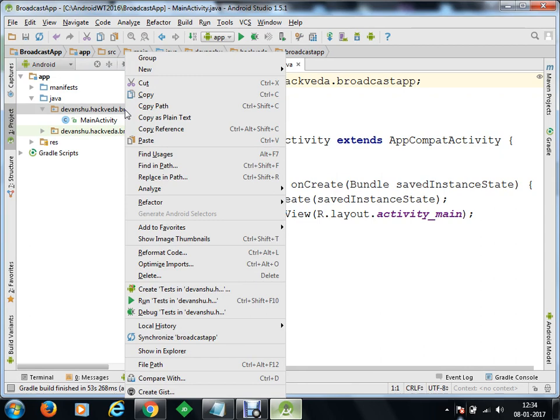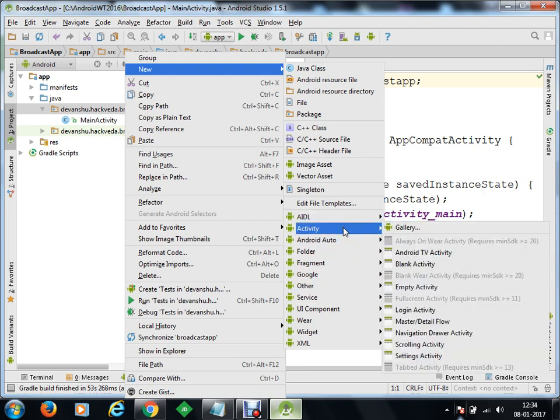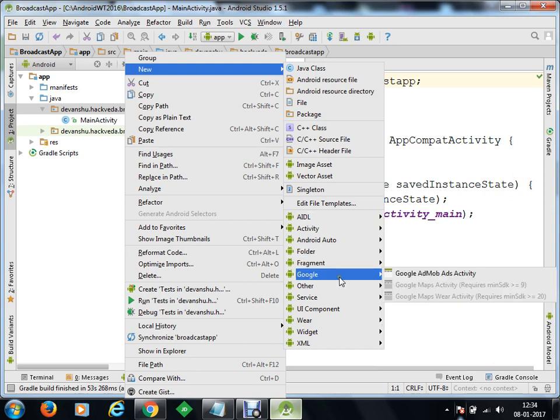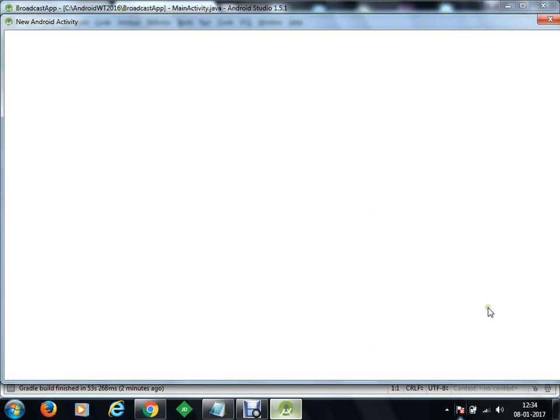So you can go to your package, right click, go to new. In the new menu, at the bottom, in the other section, you have your broadcast receiver. Okay, you can simply click on broadcast receiver. You have to specify the name of the new receiver. So in order to do that, I just need to